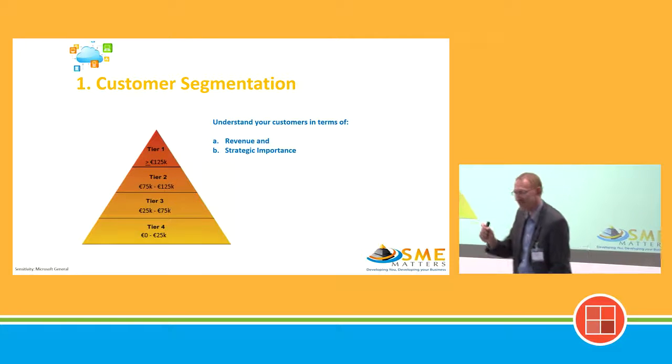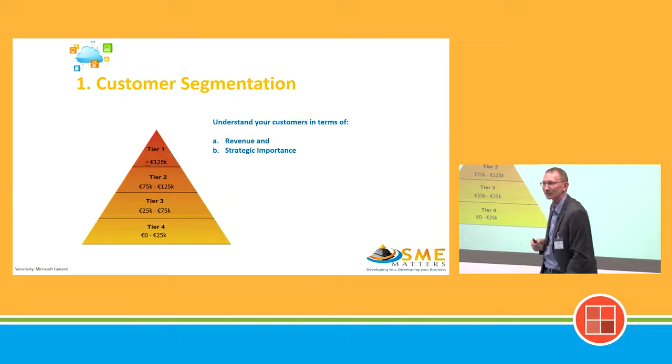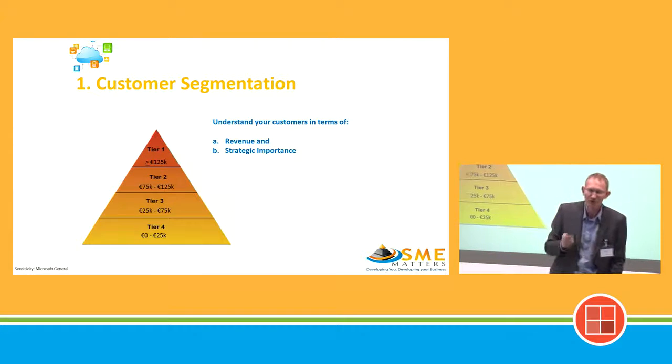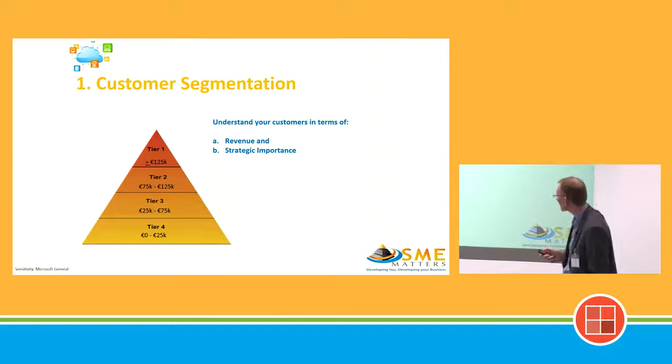I don't necessarily think that a Tier 3 should be treated any differently if he has the potential to be a Tier 1. So I'd put him into that bracket. So the second one would be on a strategic alignment on the tiering. So the first step of your sales plan is customer segmentation. Again, if you haven't done it, one good nugget to take away from this is to do it immediately.